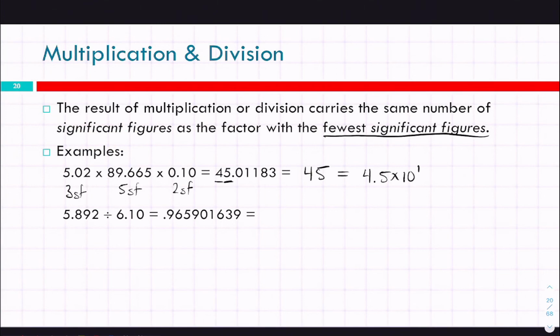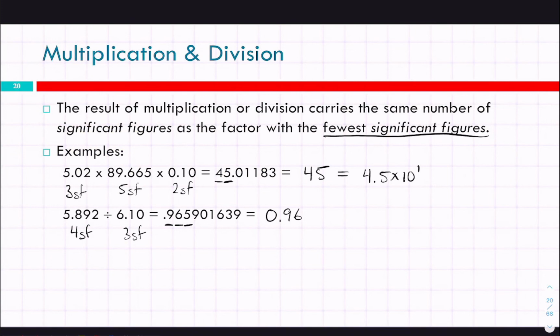All right, now for the second example, maybe we can just jump to how many sig figs should our final answer have? 3. Because this has 4 sig figs, all non-zero numbers, nice and easy, and then this has 3 sig figs. So then, yeah, our final answer here is going to have 3. So again, starting with the leftmost non-zero number. Yeah, so we're going to keep the 965, and then, yeah, now we got to bring in the rounding rules. So 0.96,